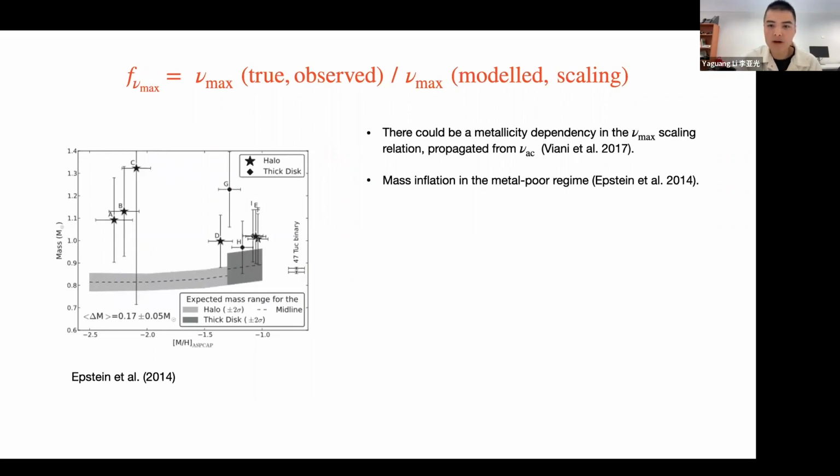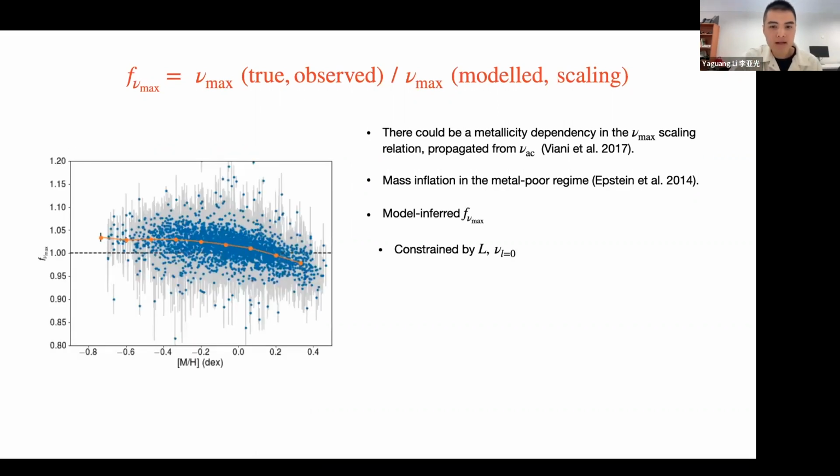And from observations of extremely metal-poor stars, we also noticed that there is a mass inflation in the mass calculated from seismic scaling relations. Although the understanding of this issue has evolved, because I think the current understanding is that the temperature for the metal-poor stars is off by a few percent, still we would like to know whether nu max is related to the metallicity. So we can calculate this F nu max correction factor